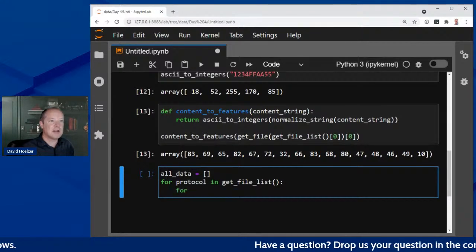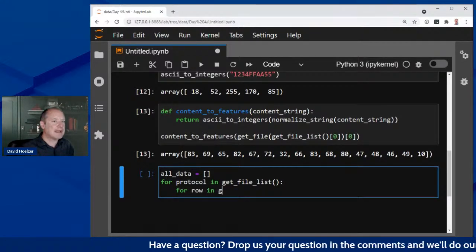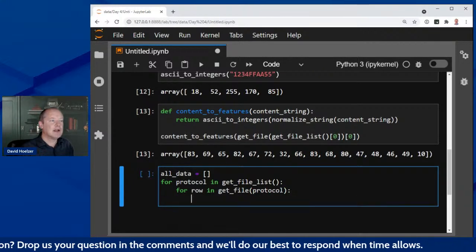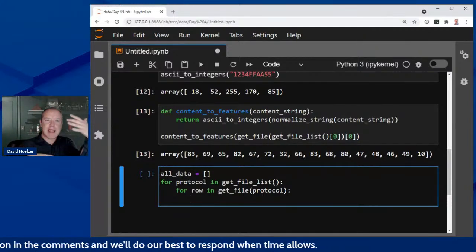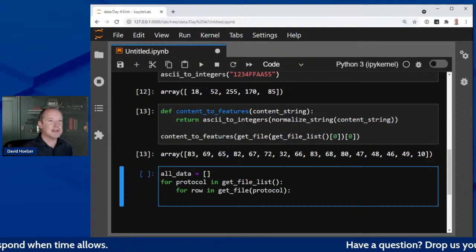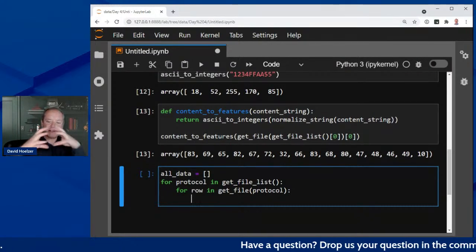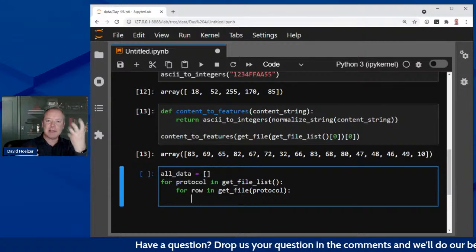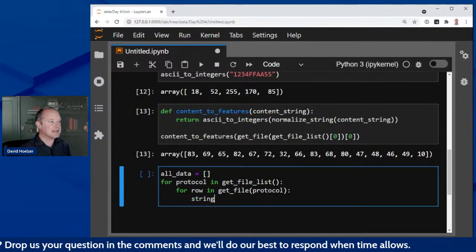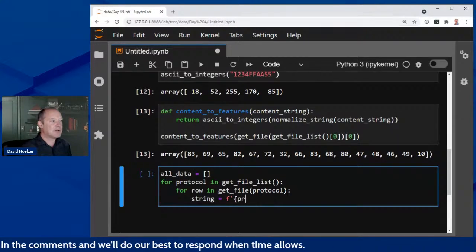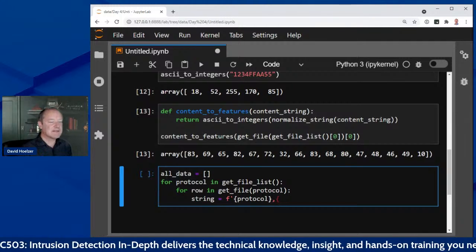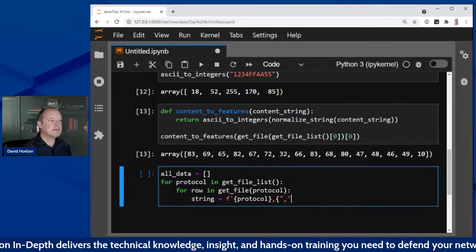Let me say for row in get file protocol, so that returns to me the array of all of the stuff in that file. So now it's an iterable. So let me go through each row in that. I'm going to form this into a string that has the label on it and then has the data on it, all put together. So I'm going to create that as a string that looks like this. String equals, and I'll say the protocol here, and then I'll have, now for this, I'm going to use the comma